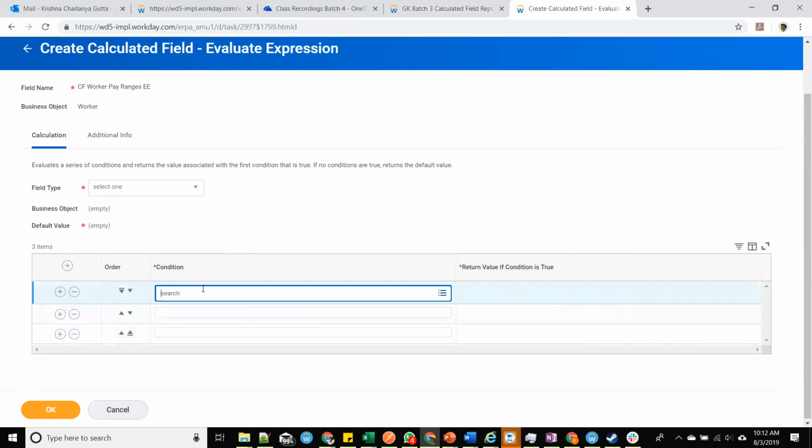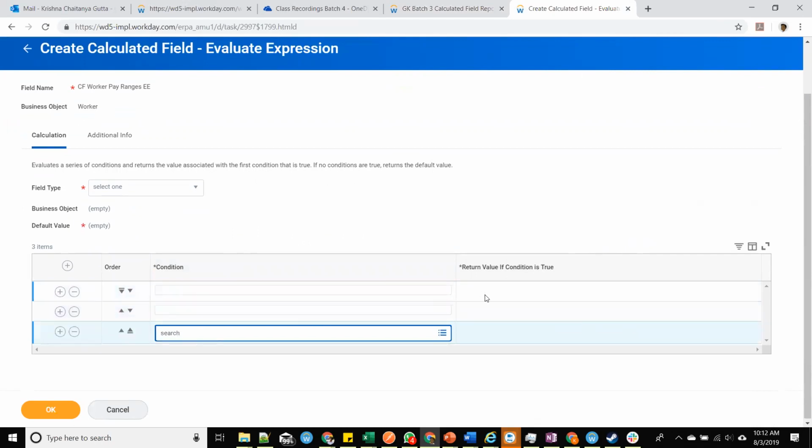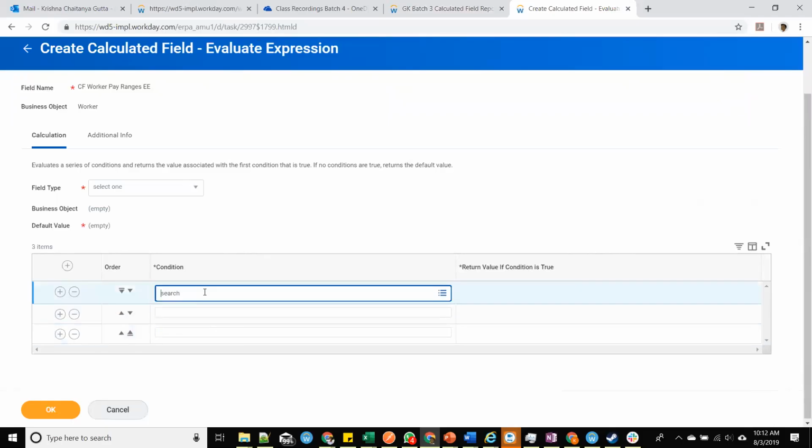So in this case, we need conditions. We need 3 conditions saying total base pay less than 50,000, total base pay between 50 and 100,000, and total base pay greater than 100,000. We need 3 different conditions. We can't get them directly as fields. Your total base pay is there, but